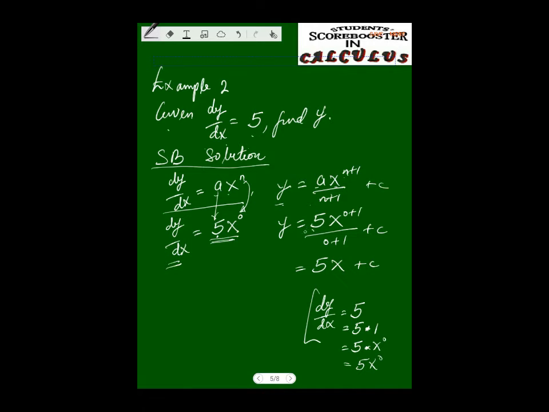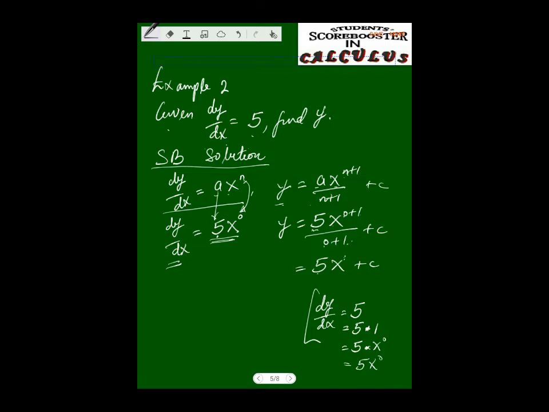So our a is 5, then x raised to power 0 plus 1 over 0 plus 1. Right, so you have 5; 0 plus 1 is 1, so you don't need to write anything here. This is 1, and 0 plus 1 is also 1. So 5x over 1 is 5x, then plus c. I hope